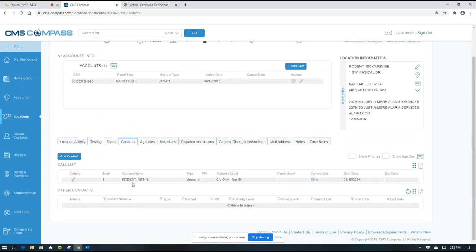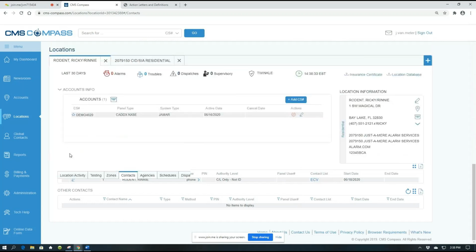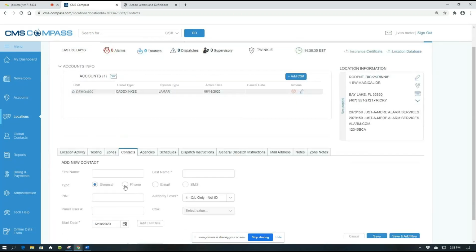And now you'll see I've got Rennie. She's a phone contact. She's call list only, so she doesn't have her own passcode, as we can see there. And down there you see her ECV contact list. Okay, now let's go ahead and just real simply, we're going to add another phone contact. So we'll click phone, and this is going to be